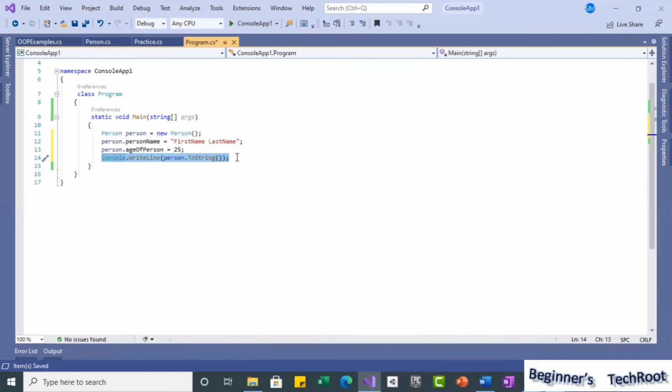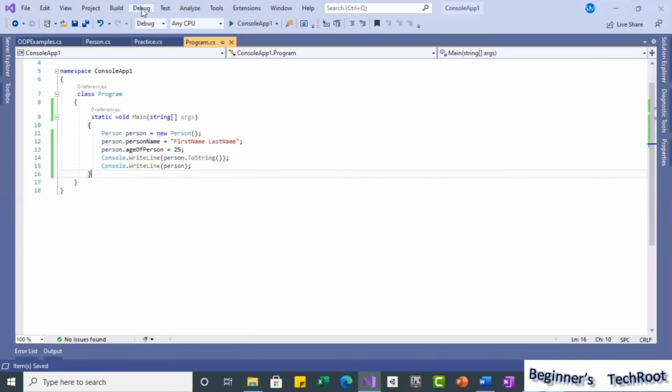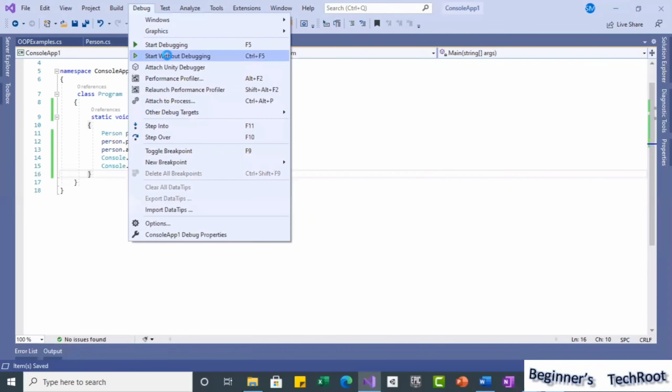I am not using anything, I am just writing the person on the screen, the object itself. What happens? Let me execute and see the result.